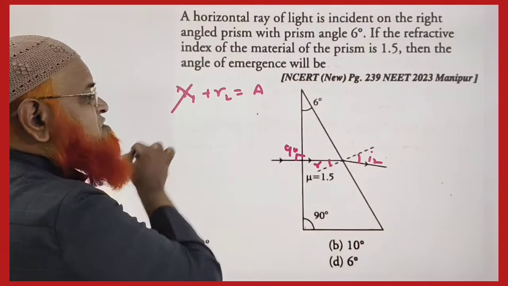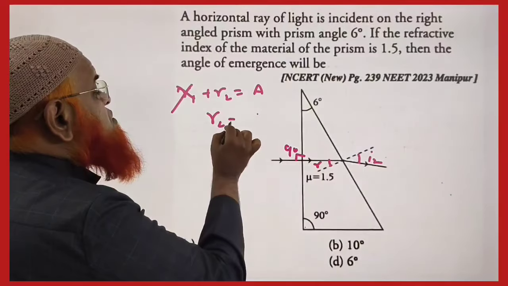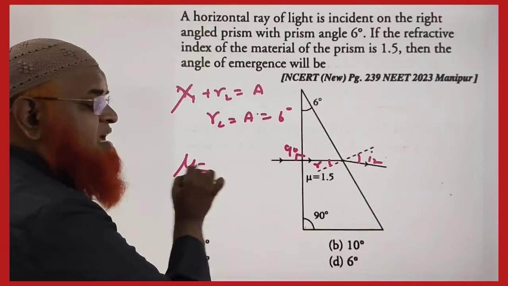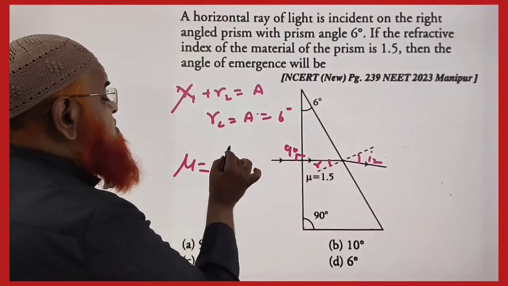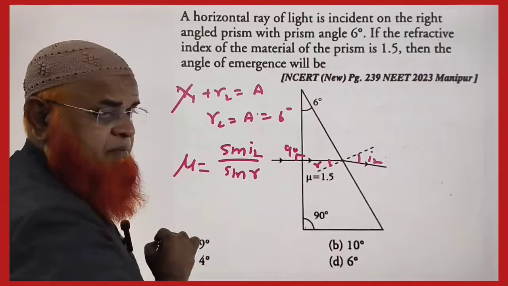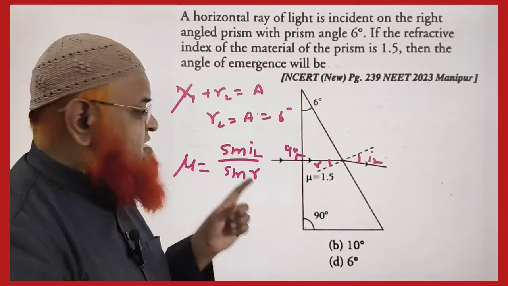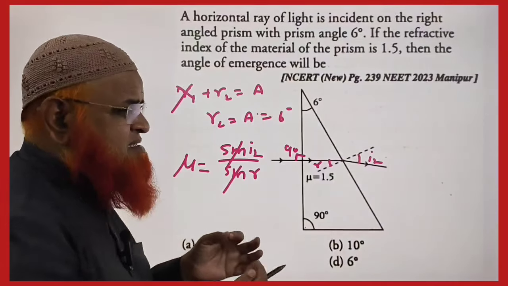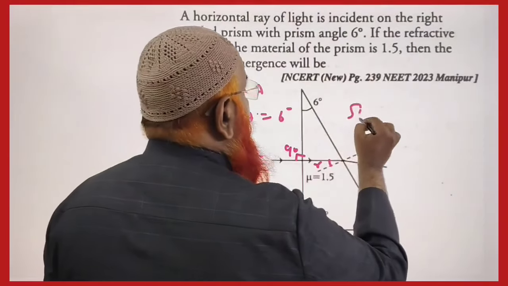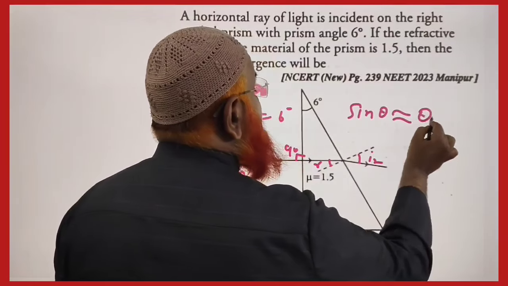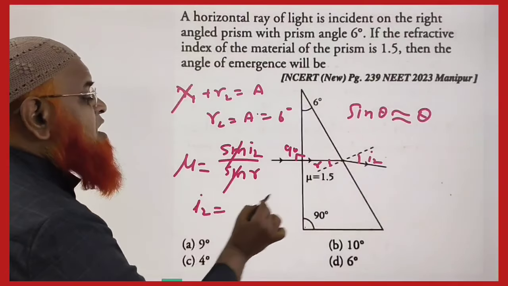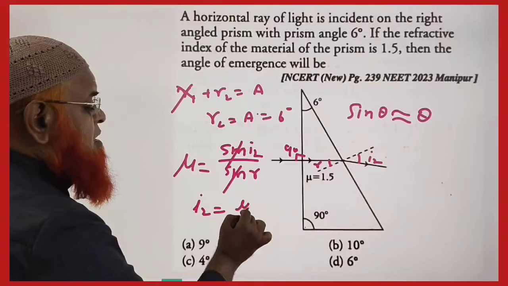तो यहां पर 90 डिग्री जाने की वजह से R1 0 हो गया, तो इसका मतलब क्या हो गया, R2 इज इक्वल टू A विच इज नथिंग बट 6 डिग्री। अब यहां पर रिफ्रैक्टिव इंडेक्स क्या है, रिफ्रैक्टिव इंडेक्स का फॉर्मूला विच इज नथिंग बट sin I2 बाई sin R, ठीक है। अब थिन प्रिज्म होने की वजह से sin जो है ना निकल जाएगा, sin नहीं रहेगा, बिकॉज sin θ विल बिकम अप्रॉक्सिमेटली इक्वल टू θ व्हेन एंगल्स आर वेरी वेरी स्मॉल। तो बस करना क्या है, अभी I2 मालूम करना है, एंगल ऑफ इमर्जेंस, सो I2 इज नथिंग बट μ इनटू R।